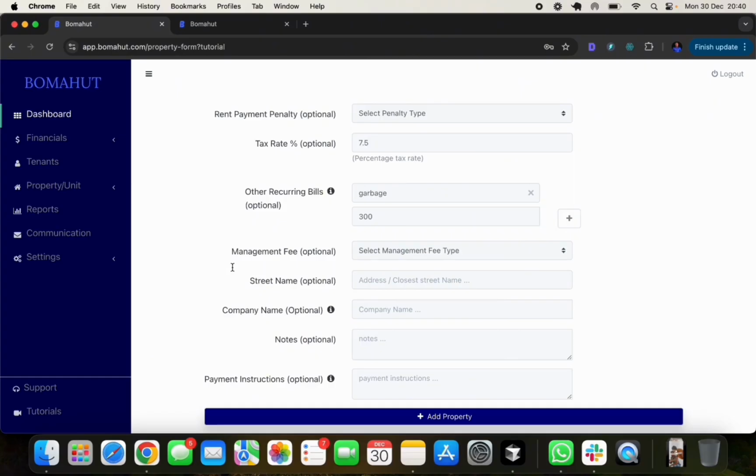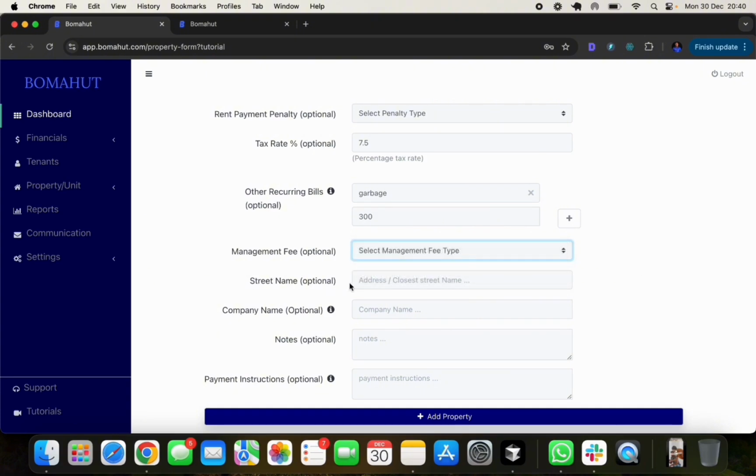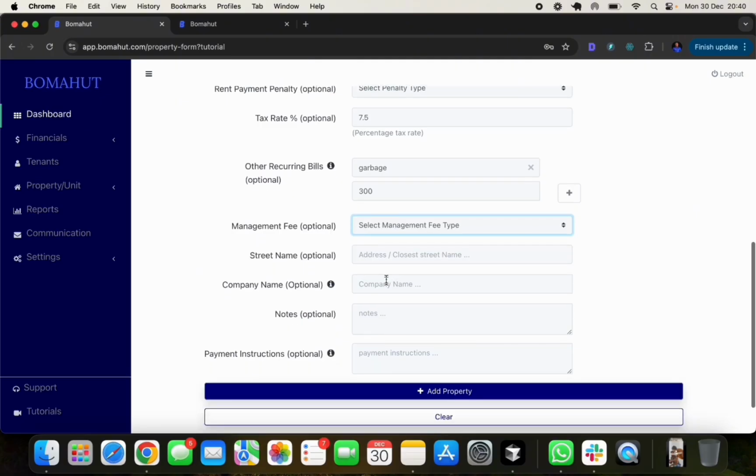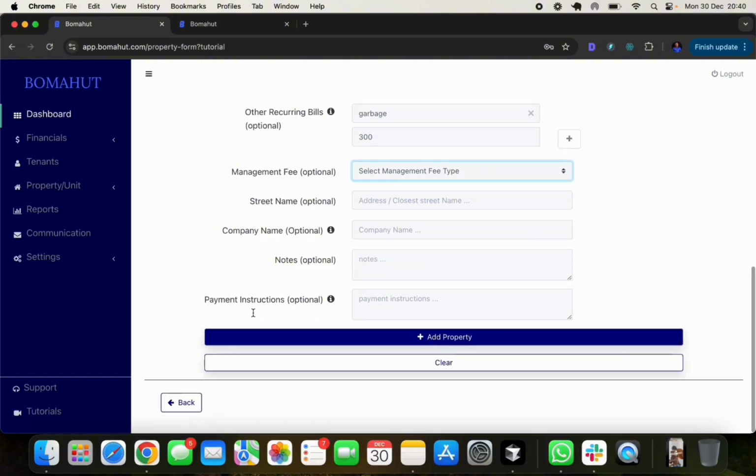Okay, and then management fee. This is if you are a property manager, you will enter the management fee here. So if it's a fixed amount or percentage of the rent collected, this is where you enter it. Street name and all those things, these are all things that you can skip for now, or you can also choose to add. Payment instructions, this is what will be included in your invoices as the payment instruction for your